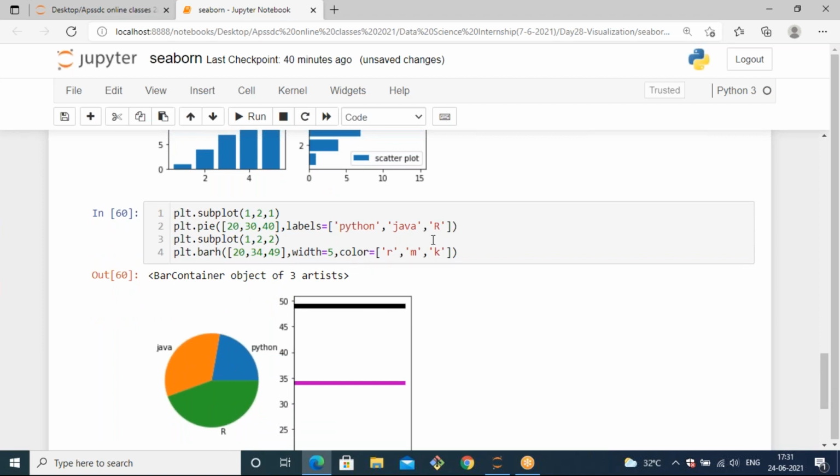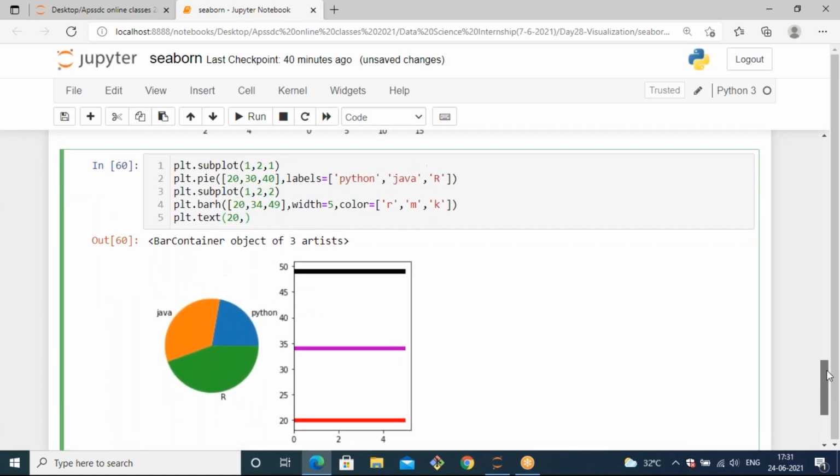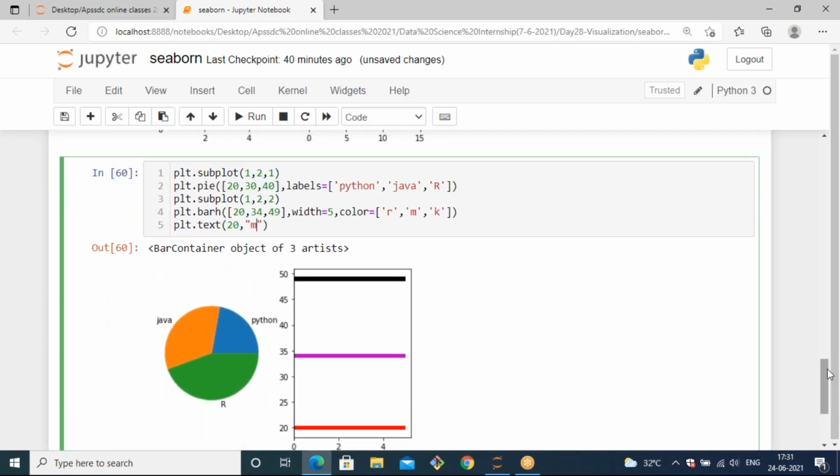Now you can see it will generate it like this based on our data, and you can specify the text on the bar plot also. If you want to add text on it, you can use plt.text. You can specify the 20, 20 position, and pass m1, let's see.